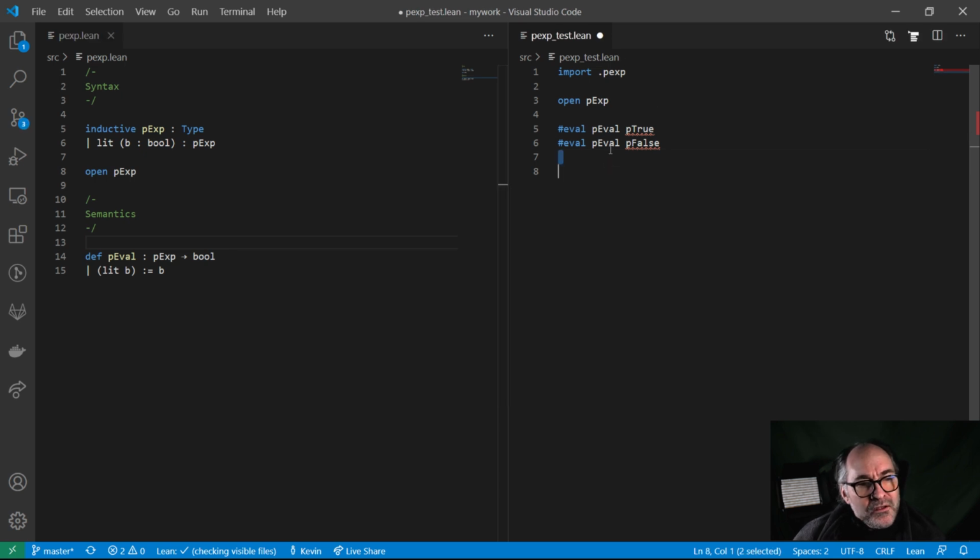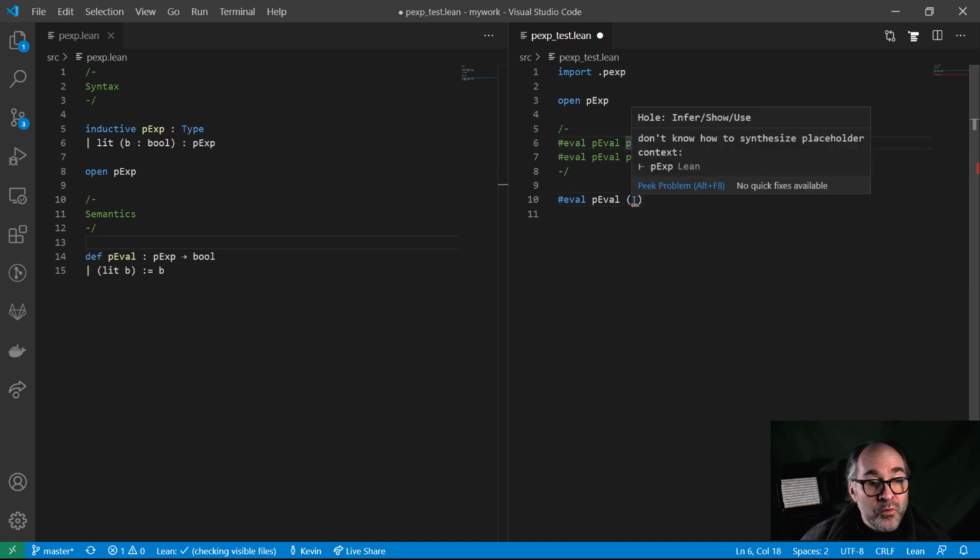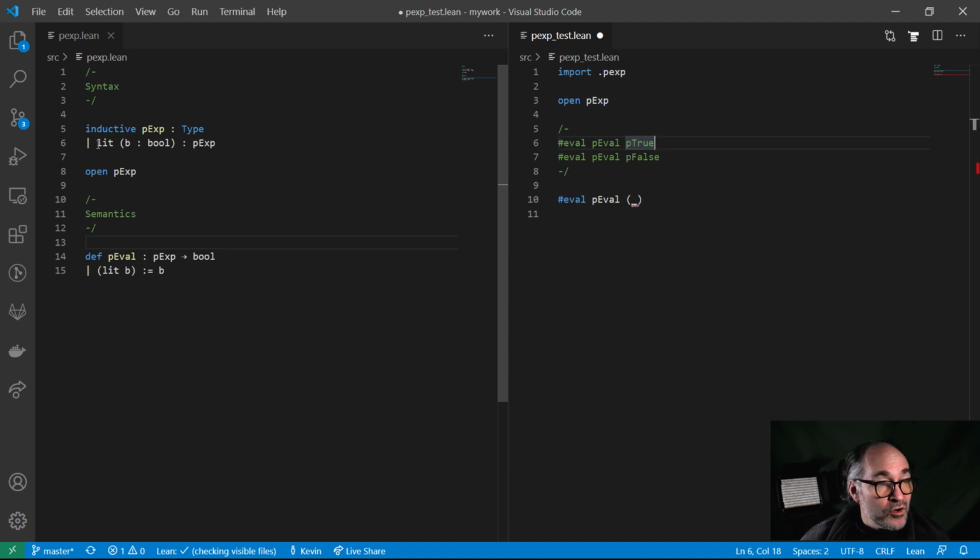Okay. Now let's look over here in our test file and make some fixes. So we're going to comment out, maybe I'll leave these comments in, the original expressions that evaluated our literal expressions, and what do we replace those with? Well, we evaluate the application of p-eval, and in parentheses here I'll put an underscore, and of course what we need here is an expression in our language, an expression of type pexp. And the only expressions we can build right now are literal expressions,